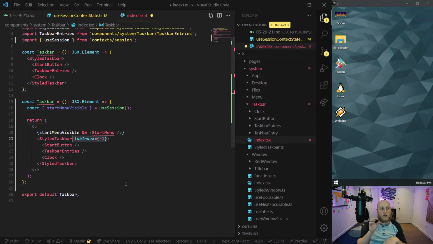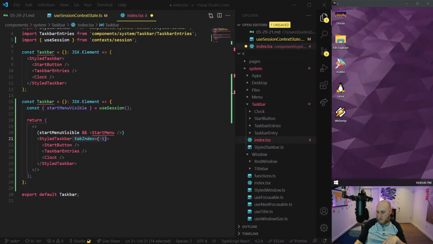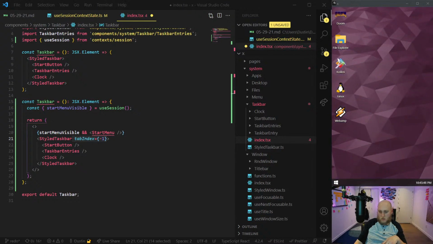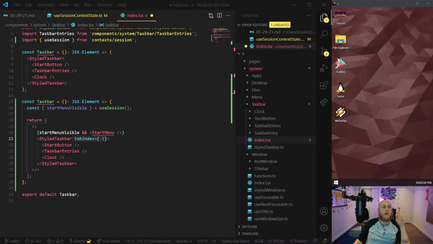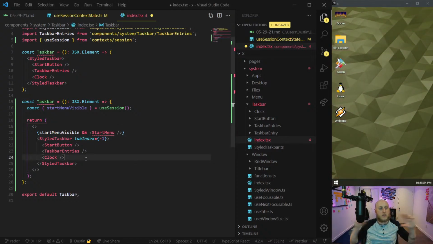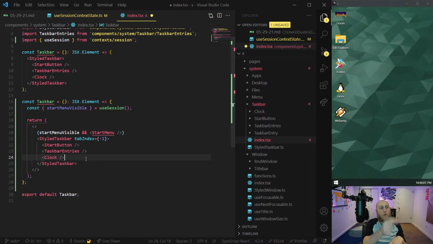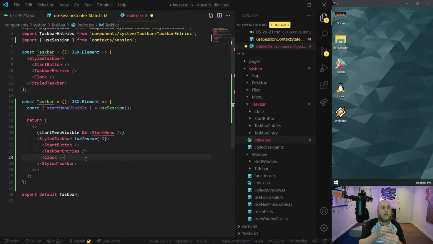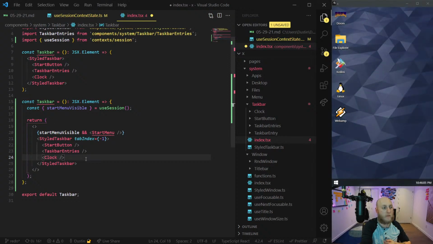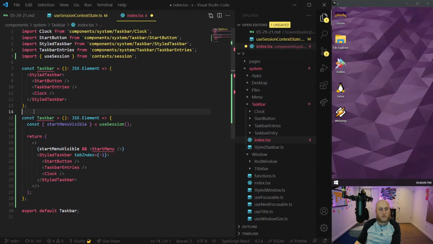But if I click on the clock, or if I click on the empty tab, wait, if I click on the clock, does it close? Let me try. No. So if I click on the clock or I click on the taskbar, the start menu does not close. So that's why I want to have a tab index here on the taskbar, so that anywhere in that area is now something that when a blur event occurs, will be the element that's referred to, rather than it continuing to go back all the way to the body perhaps sometimes. So that's the logic there. That's all I had to change.